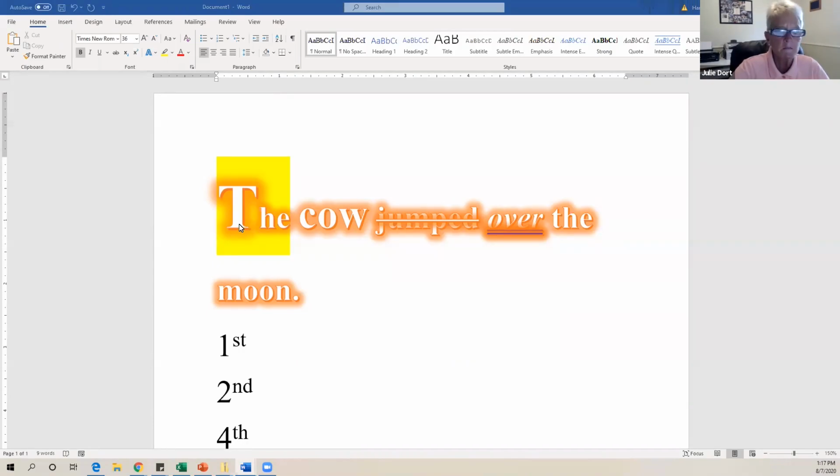Okay, so as I was saying, if you want to highlight your text and you want to take the highlighting off, you can come up and tell it no color. All right, so next to that,